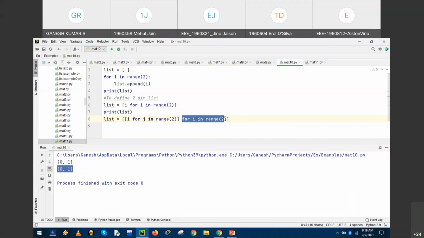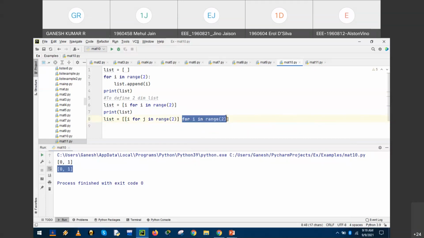For i in range function, for j in range function, this column is referred with every row, hence we have i. So this is a representation of a two-dimension list. Is it clear?